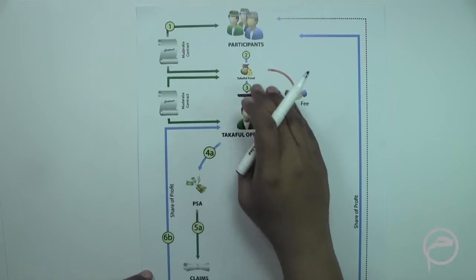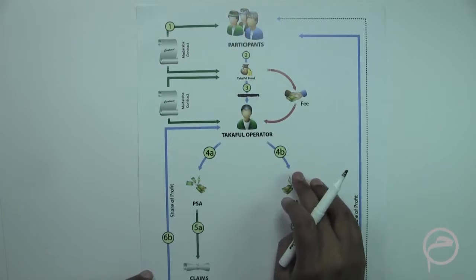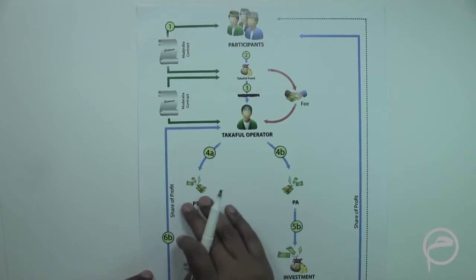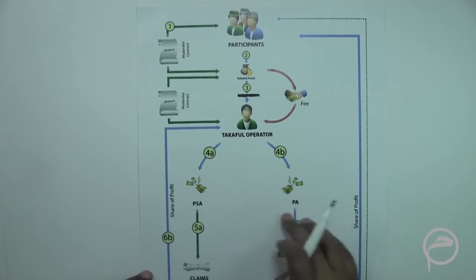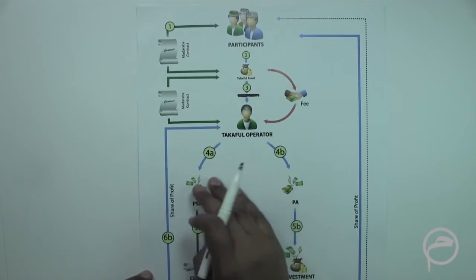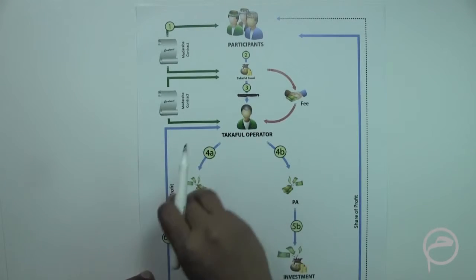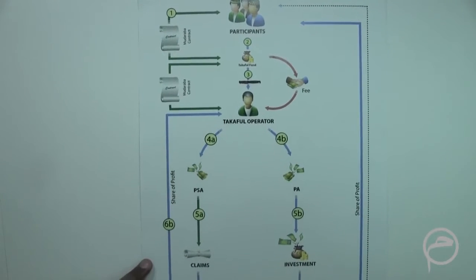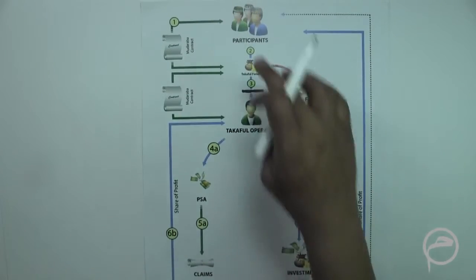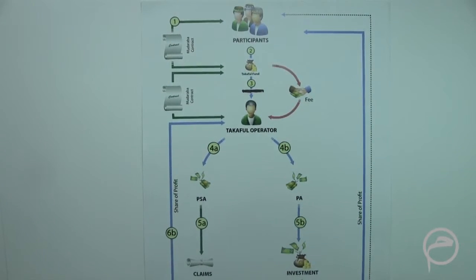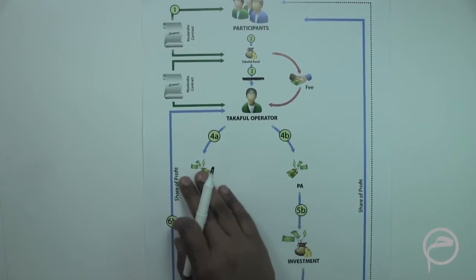The Takaful operator, when it receives the Takaful fund and is given the responsibility to manage this fund, divides this fund into two accounts. One is what we call a PSA, which could be called the participants special account. The other is the PA, which is the participants account. All the funds kept in the participant special account are used to address the claims made by the participants. So if there are any claims made by the participants during the course of the Takaful, those claims are addressed